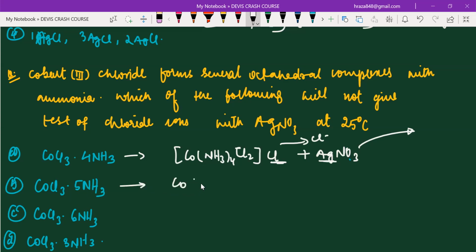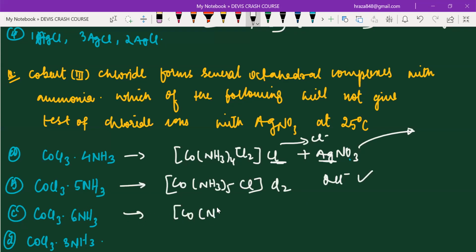If you go for NH3 whole 5, 1 Cl you are going to take inside, and 2 Cl will be outside. That will give you 2 Cl minus, and that is also ionized. In option C, the same way, NH3 whole 6, and it will give 3 Cl minus. And D is the one which does not have any count